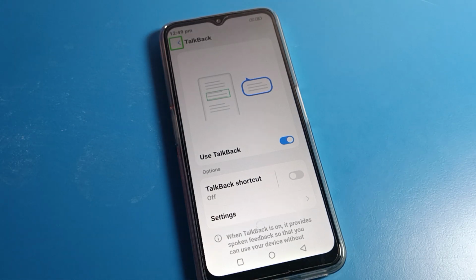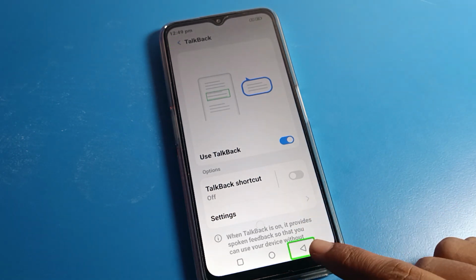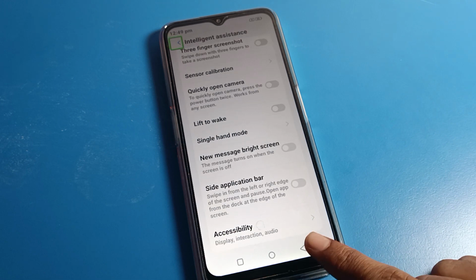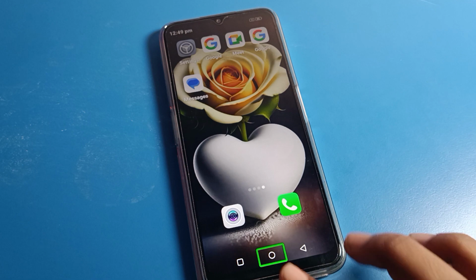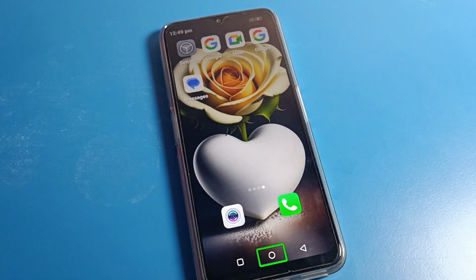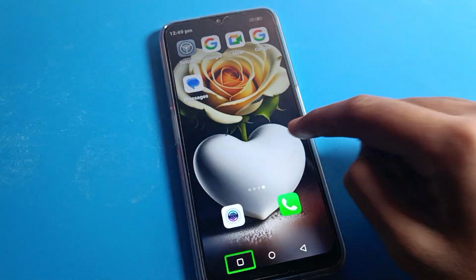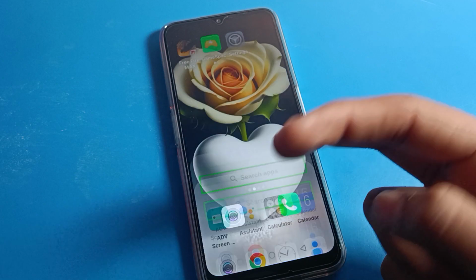Friends, TalkBack will be on, and now how to use TalkBack. Click once on your back button, and double tap here. One tap, double tap here. Again one tap and double tap. So you can use TalkBack with a double tap. With one tap you cannot turn on any setting and you cannot scroll your screen. So use two fingers, then you can operate your phone, you can swipe, you can scroll your screen